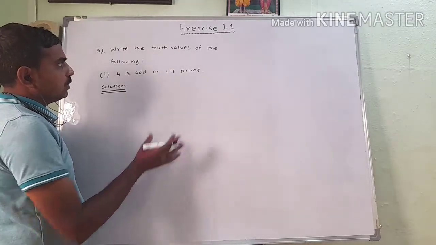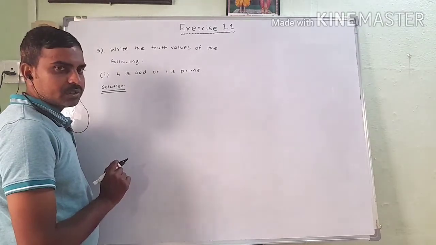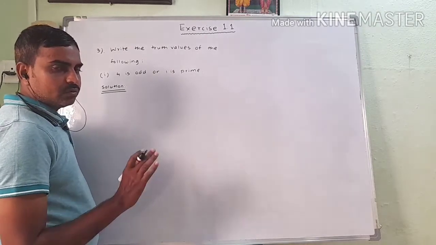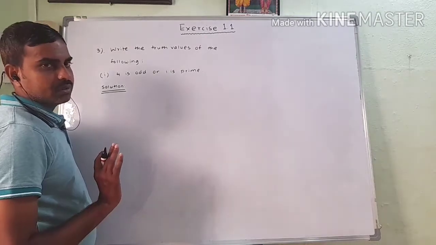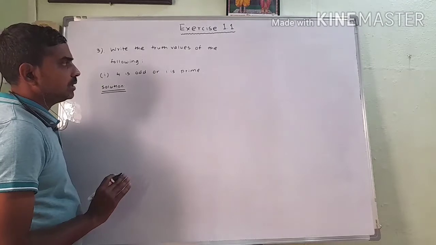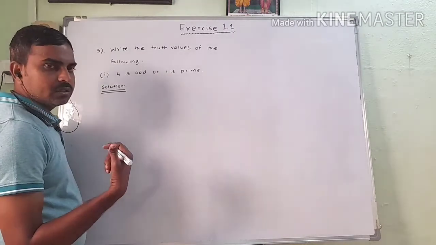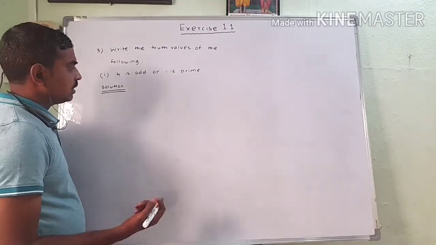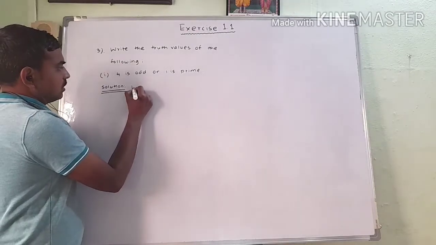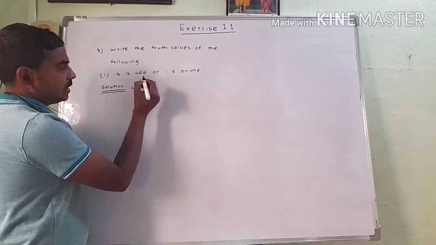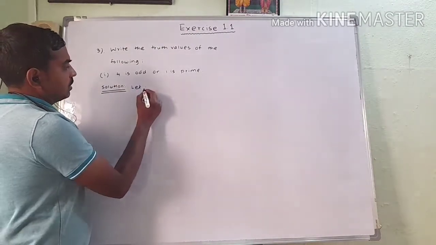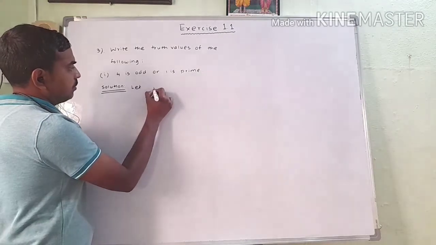To find the truth value of a compound statement, first of all we have to find the truth value of each individual simple statement. म्हणजे कंपाऊंड स्टेटमेंटची ट्रूथ व्हॅल्यू माहीत करण्यासाठी पहिल्यांदा आपल्याला सिंपल स्टेटमेंटच्या ट्रूथ व्हॅल्यू माहीत असणं आवश्यक आहे. त्यासाठी first of all we'll write this in symbolic form. So first of all we consider let P stand for